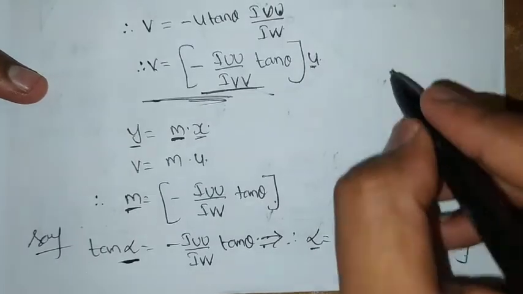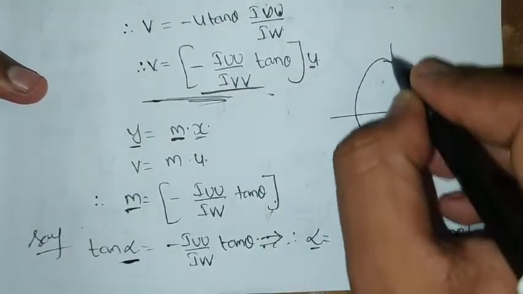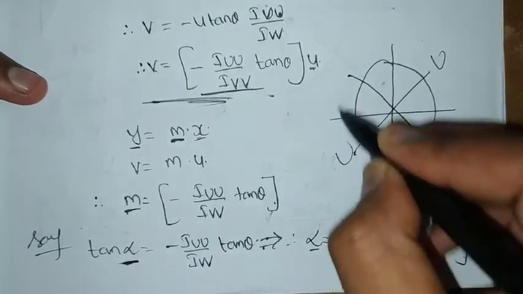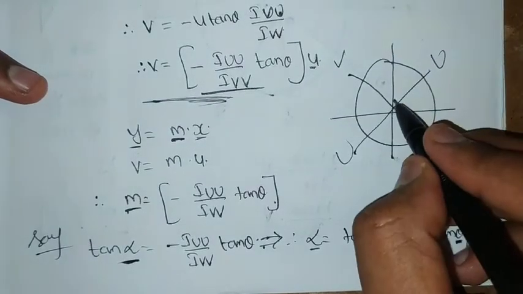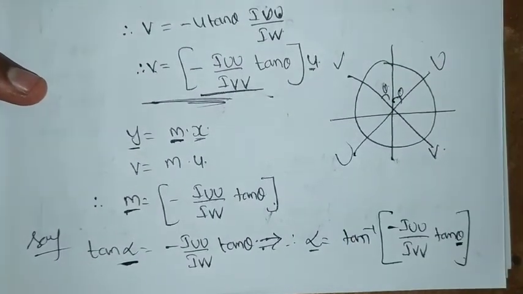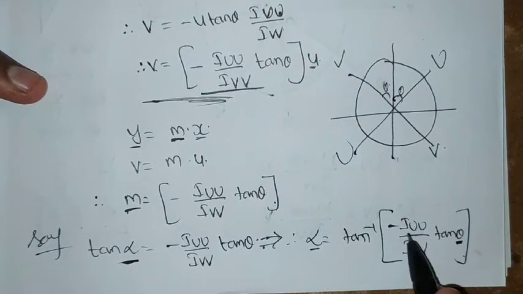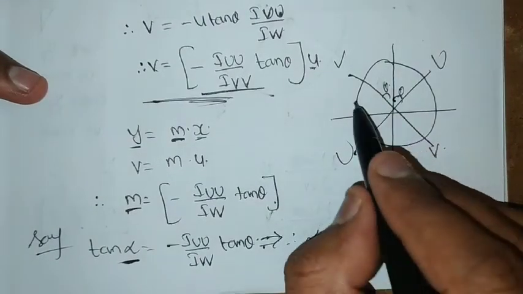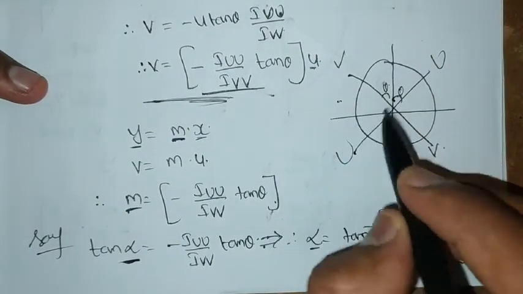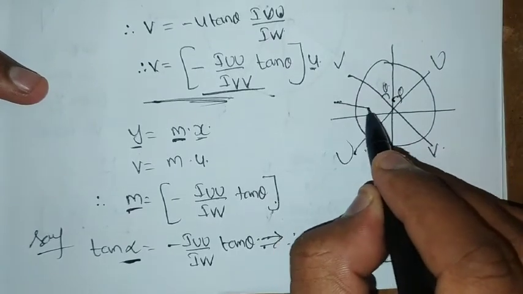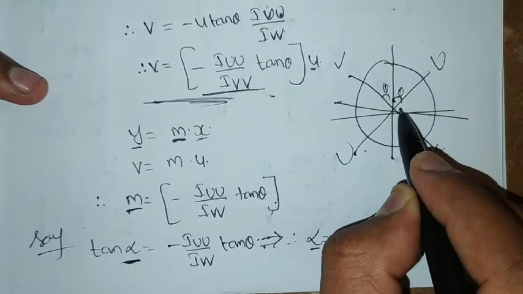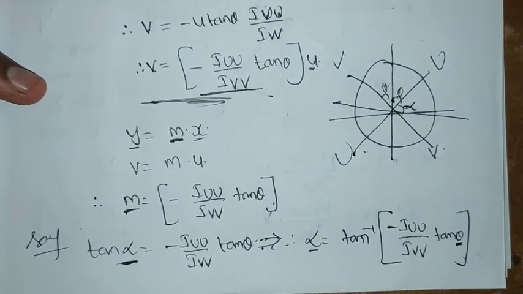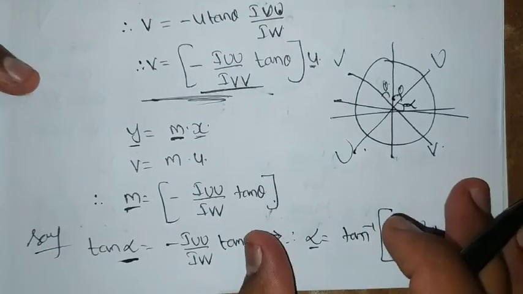Alpha is nothing but neutral axis. If you consider this the central axis, when the load is applied, the new axes are going to come up, that is uu and vv. So with respect to these thetas, with respect to I uu and I vv, we are going to find out the value of alpha. If it is positive it is going to come in the positive plane, if it is negative it is going to come in the negative plane. If the value comes up positive, it is going to come in this way. So this is the position of neutral axis that we have to define in the problems. So the position of neutral axis we have defined.